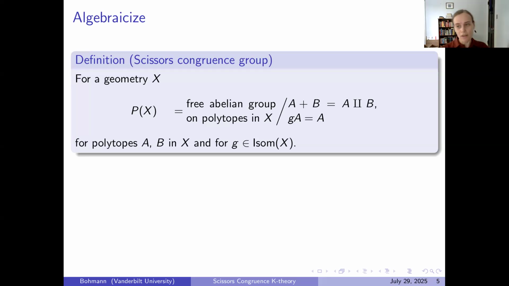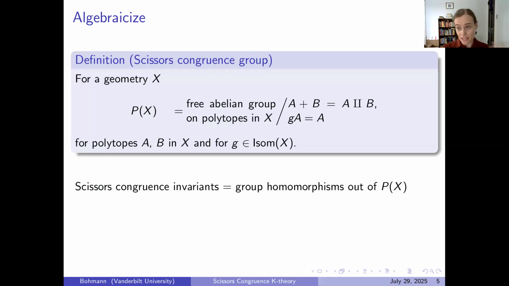So it's like a horrendously infinitely generated free abelian group, but I'm imposing some good relations. Okay, and why might you want to define this group? Well, basically by definition, scissors congruence invariants are group homomorphisms out of P of X. So if I look at volume, then that's a group homomorphism from P of X to